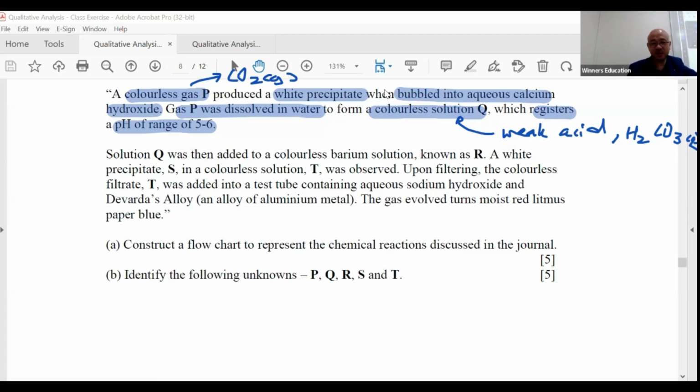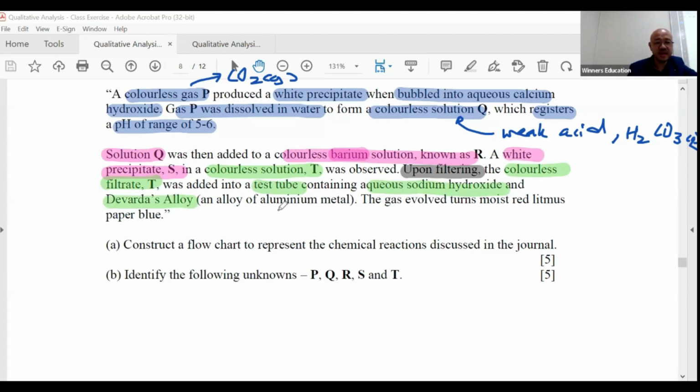Later I'll draw the flowchart, then we put all this in again. Solution Q was added to a colorless barium solution. We are all focusing on barium. You get a white precipitate, as we mentioned in our case, barium carbonate, barium sulfate. And you get a solution T. Upon filtering, they do filtration, and then you get a residue and a filtrate. The filtrate, which is a colorless solution T, was then added into a test tube containing aqueous sodium hydroxide and